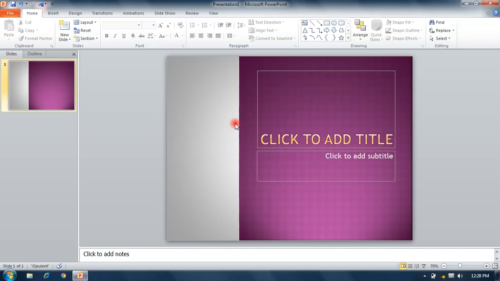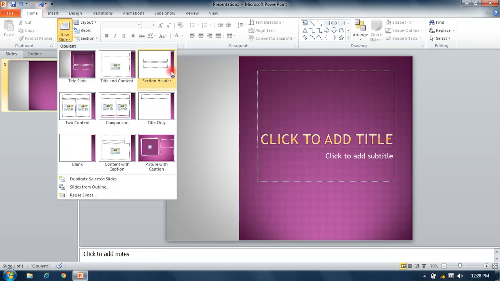We can say that PowerPoint is a graphical representation of our document, which is used to display information attractively and effectively. And like MS Word, where a page is known as a document, in PowerPoint a page is known as a slide.